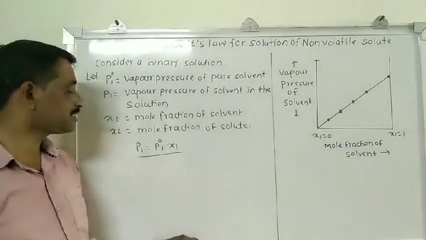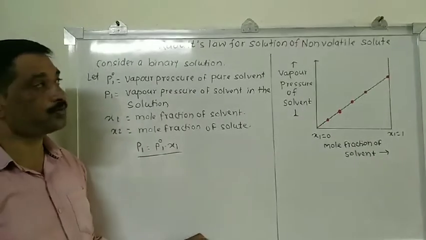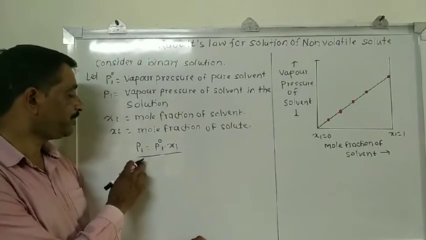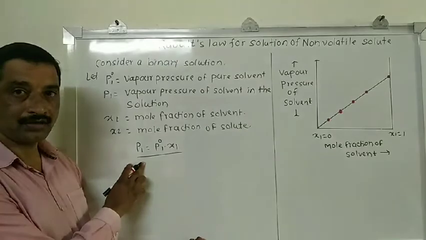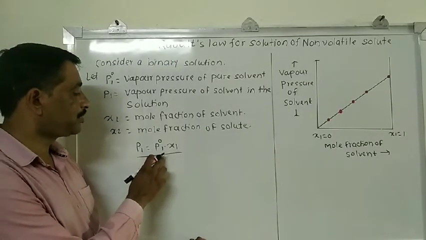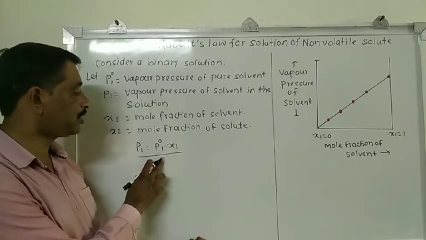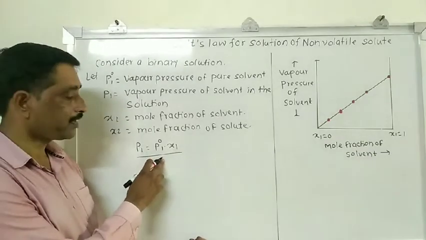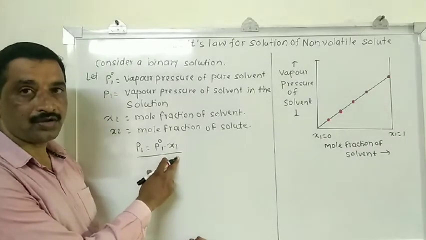So according to this statement, how we define the Raoult's law for the solution which contains non-volatile solute? The vapor pressure of solvent in the solution is the product of vapor pressure of pure solvent and the mole fraction of solvent in